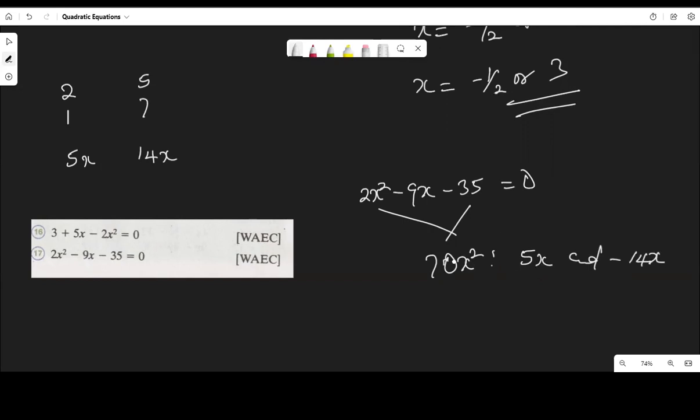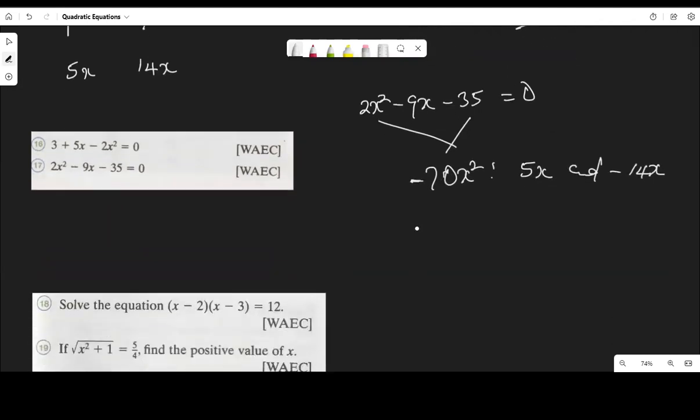Oh no, this will not work. Yeah, it's working. I forgot to put minus here. This time this is supposed to be minus 70x squared. And this time this will give us minus 70x squared. Then when we add this, we will get this. So now that we know the factors, we'll replace the middle term with this factor, so that we'll have 2x